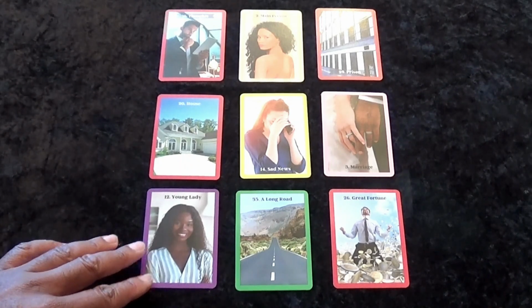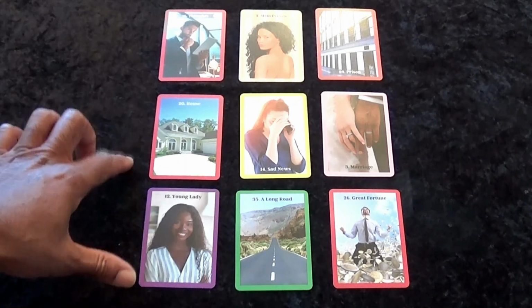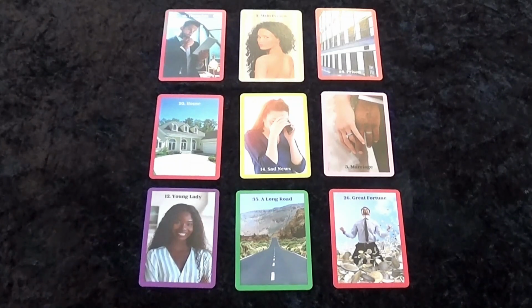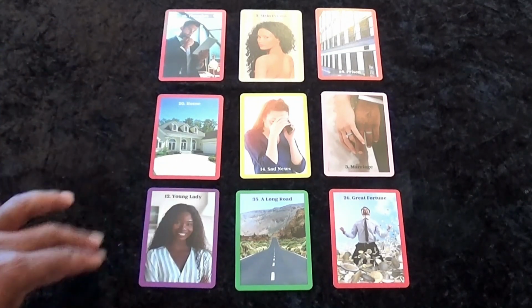Right. And then the young lady, I'm not seeing this as a young woman in particular because I'm single and I live alone. So I don't see this as somebody who's connected to me. Remember, the people cards are people who are connected to main person one or main person two, right? So I'm not getting a sense of that. I'm going to go with the idea that she represents the themes of creativity, right? Creating, right? So I have to create the content, yes? Right, so here is the plan. I'd have to plan my home life in order to create the content,